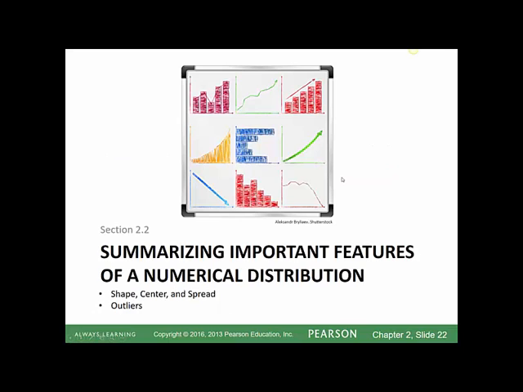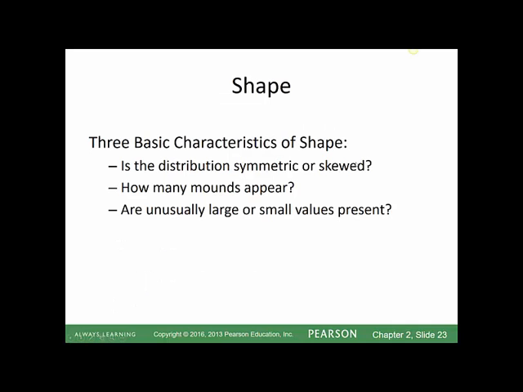Alright, so that's the end of that section. So now I'm on section 2.2, which is looking at shape, center, and spread, and also outliers in our data, right? So looking at summarizing important features of our distribution. So shape, we have 3 basic characteristics of shape. Some things we want to focus on: is the distribution symmetric or is it skewed? Also, how many mounds appear? And then also, do we have some really large or really small values present,